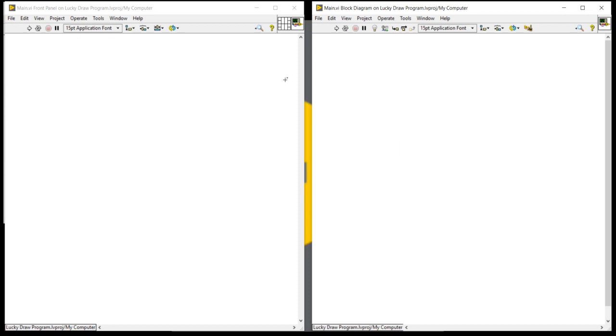So the scenario is, first, the lucky number is an integer, and second, the range will be 0 to 99 always.